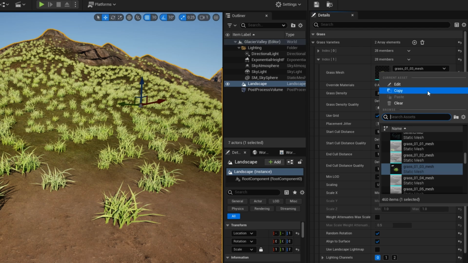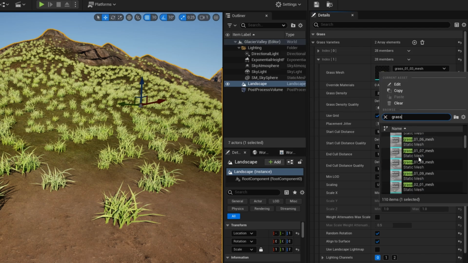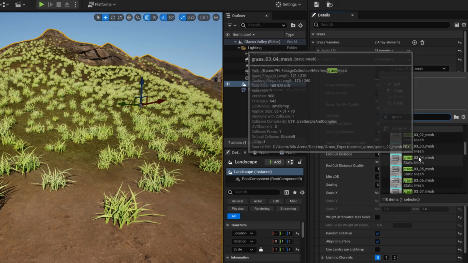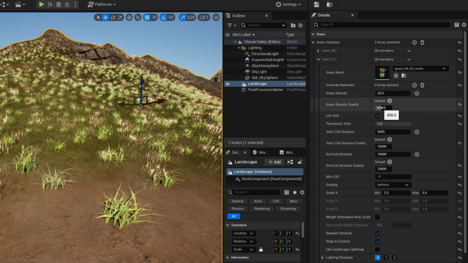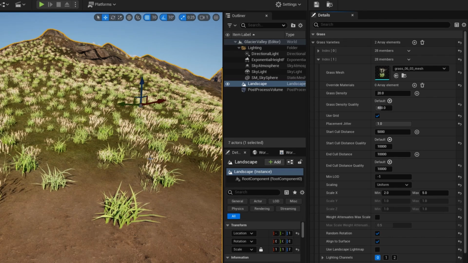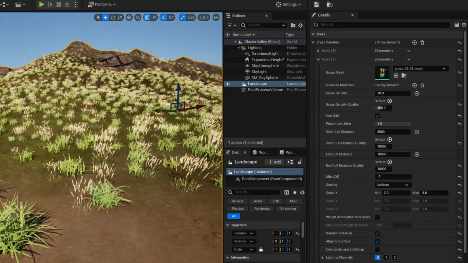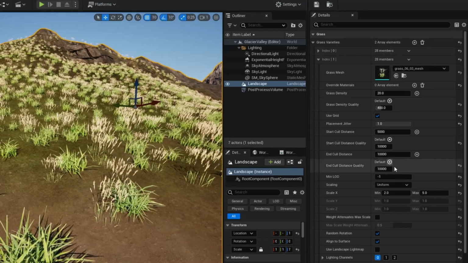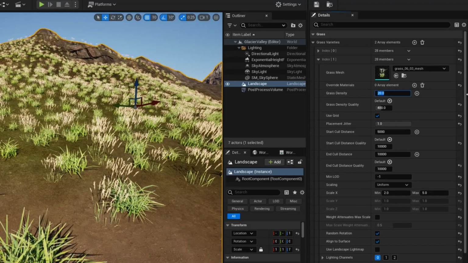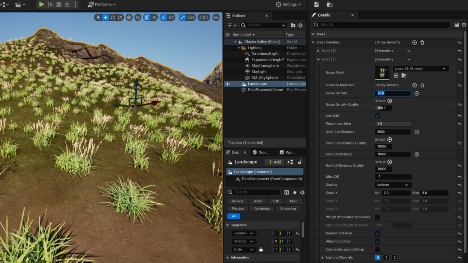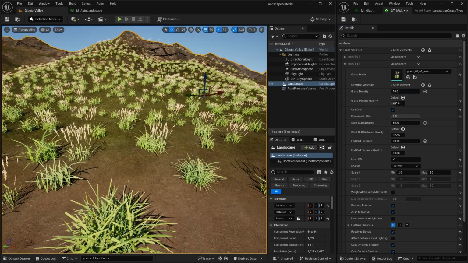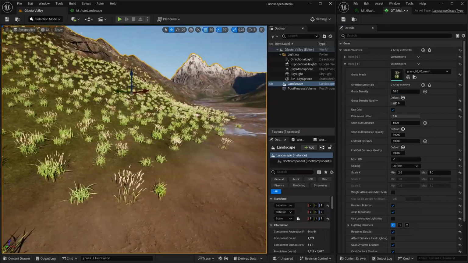So for the second one, I'm going to start typing grass and go down to grass 0603. You can see there's lots of them here. And this grass 0603 is like a wheat grass. You can see that it's got the sort of tall and feathery at the top, so it complements the other grass that's there, apart from the colour. And what we'll do is make that half the density, so it doesn't appear as often. So we get more of the grass clumps and the wheat grass. Okay, so that's actually working fine.